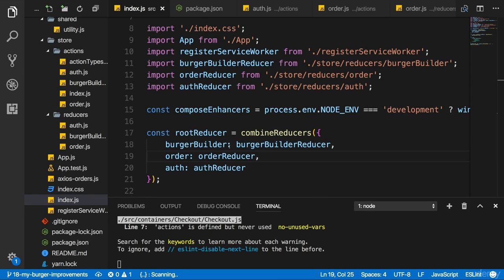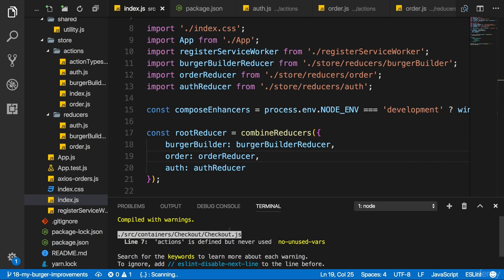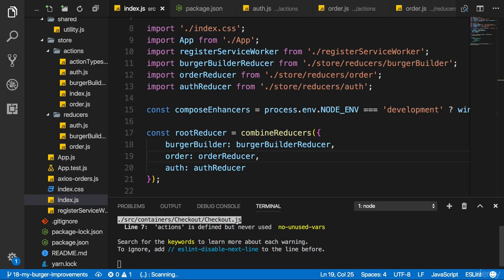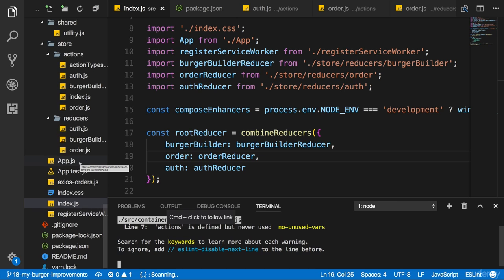So a lot has been optimized in our application already. And as I have said before, you might find more potential, of course. Now let's turn our heads towards our terminal output here. We haven't got many warnings, but there's one. That in the checkout.js file in our containers folder, there is an import which we never use.